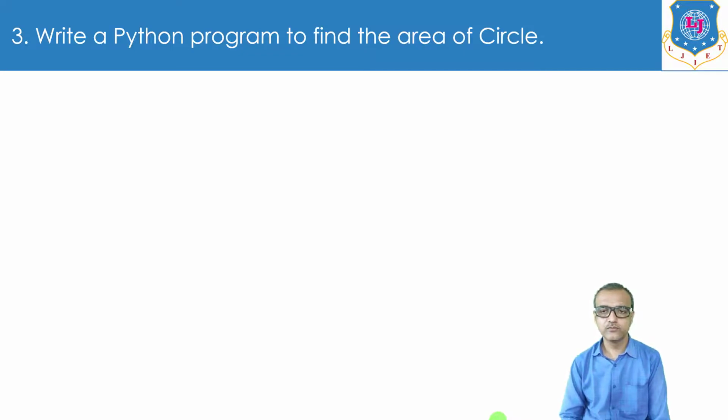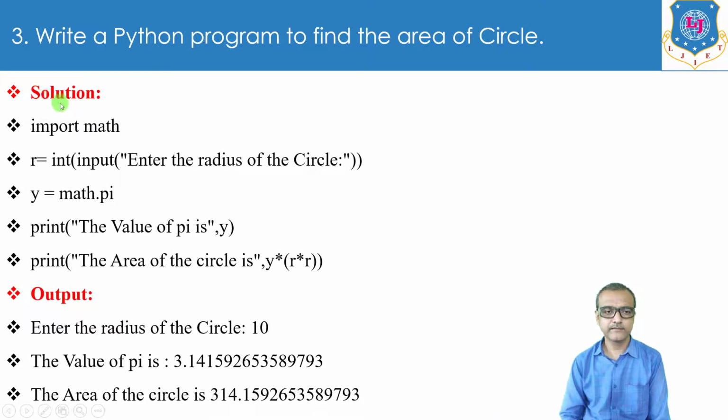So what we will do? We will just multiply pi by radius, and again we will multiply the result by radius of a circle, and it will give us the area of circle. See, here is the solution. First of all, we will write down import math. See, this math is a module. From this math module, we are going to take the value of pi. That's why we have to write down this statement, that is import math.